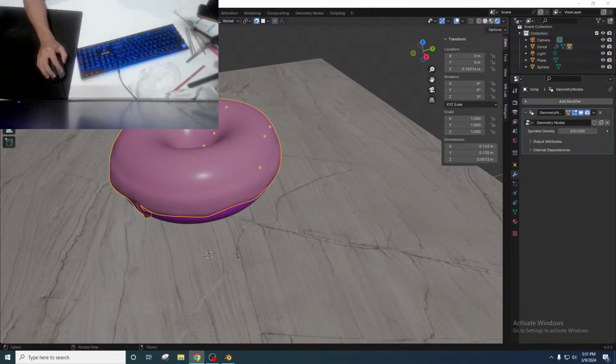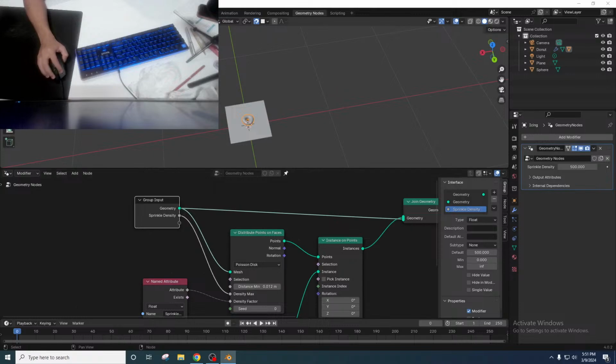And the reason for this is that, if we go to geometry nodes again, let's zoom in here and look at it with this. This sprinkle density is actually not the count of sprinkles at all. It's the density in relation to the whole. And the way I think of it